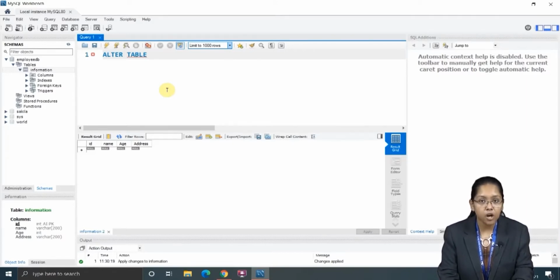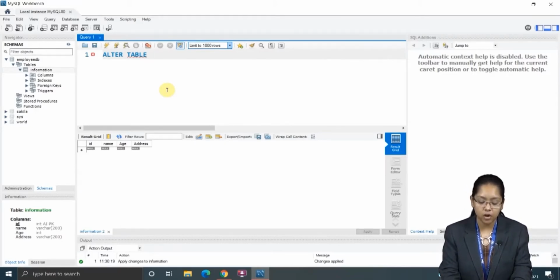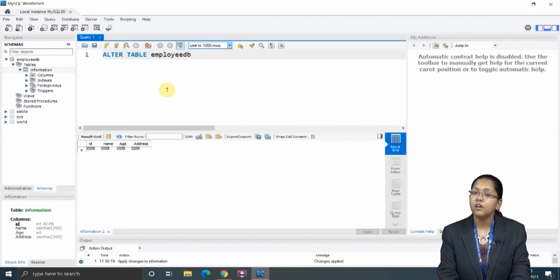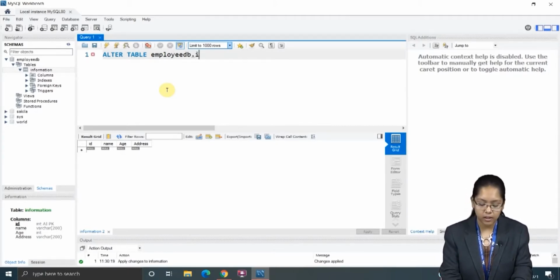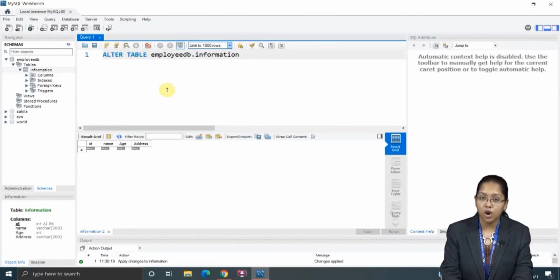Then table name. Now what is the table name here? In Workbench, whenever you are specifying the table name, before the table name you need to specify the database name, right? So the main database here is EmployeeDB, and in that database which table do I want to alter? Information. So dot information, right? This is dot information. Now after this, I told you I want to add the column name, that is